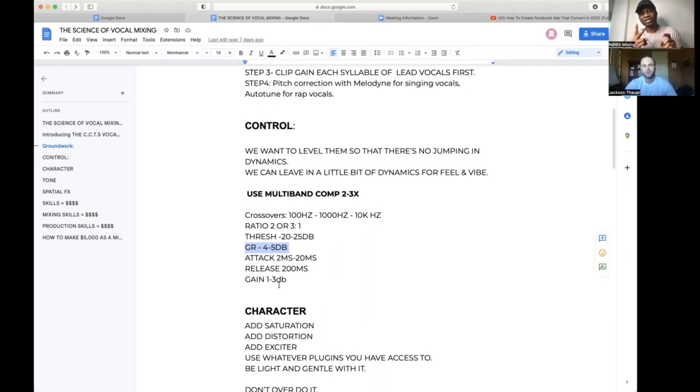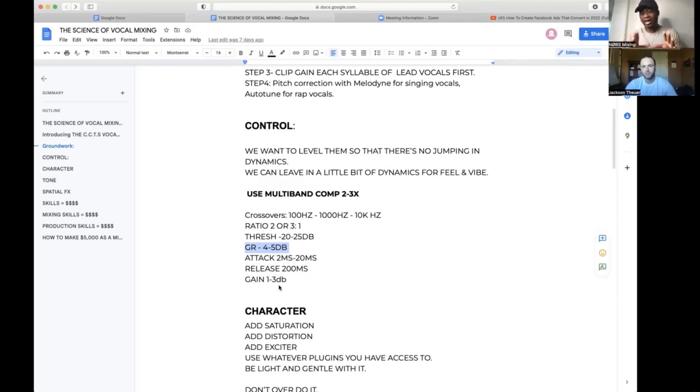If I do the multiband compression 2 times and the vocal is still jumpy and I don't feel that solid, what I'm listening for is like a tonal density, like a solid vocal that just sits. Even though it's still dynamic, it's not jumpy all over the place.